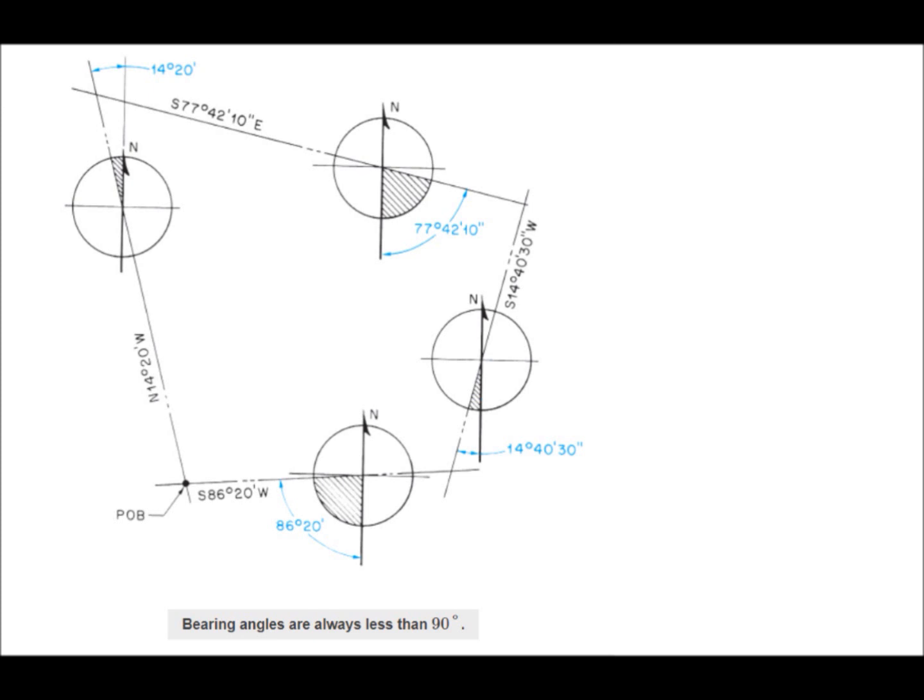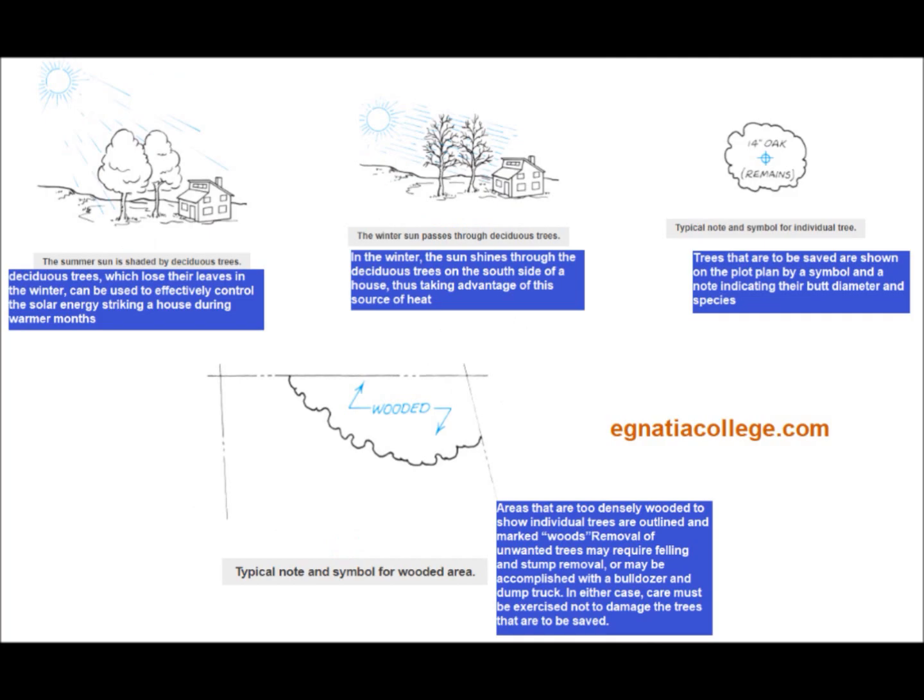Clearing the site. The first step in actual construction is to prepare the site. This means clearing any brush or trees that are not to be part of the finished landscape. The architect's choice of trees to remain is based on consideration of many factors. Trees and other natural features can be an important part of architecture not only for their natural beauty, but for